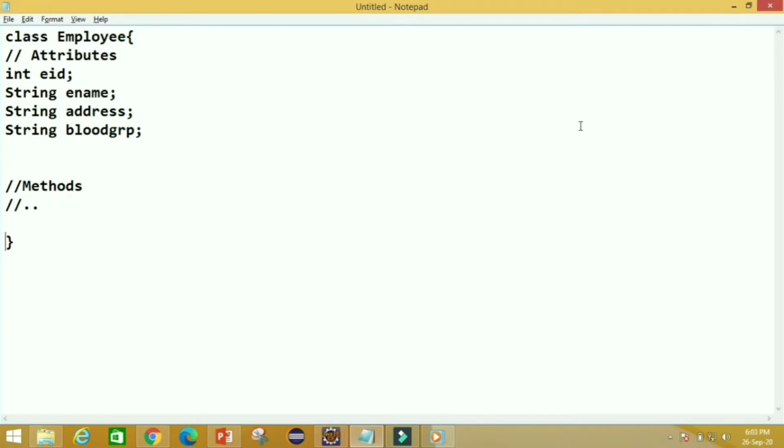Now we will do object construction in the traditional, conventional way in Java.